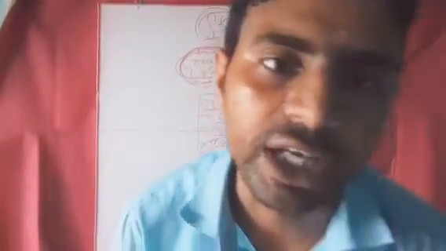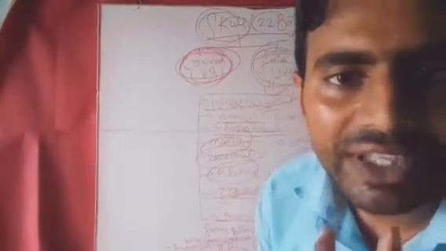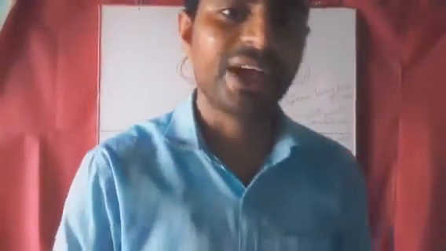Due to this reason, this jaw is called the craniostylic jaw. Okay, the mandible is the largest bone of the face and the strongest bone of the axial skeleton, and it is also a movable bone.